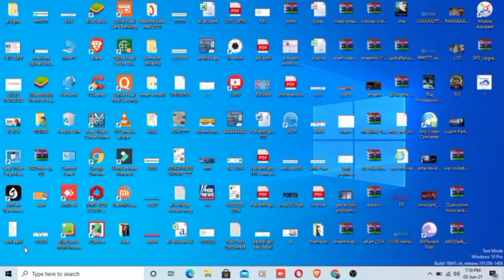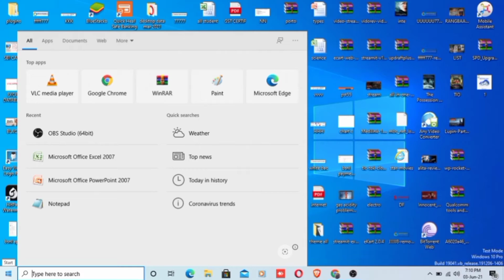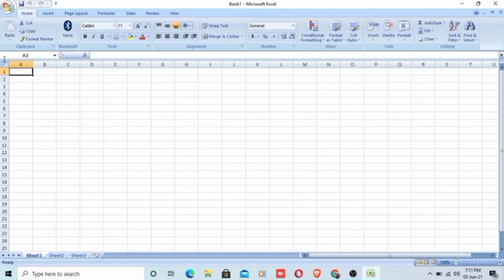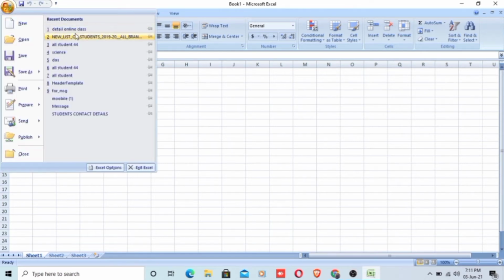Students, here first I will tell you how to sort the data. For that, we already know how to open MS Excel. We have to type the shortcut Excel, or we can directly open MS Office Excel in our laptop or in our system. So here I have already created